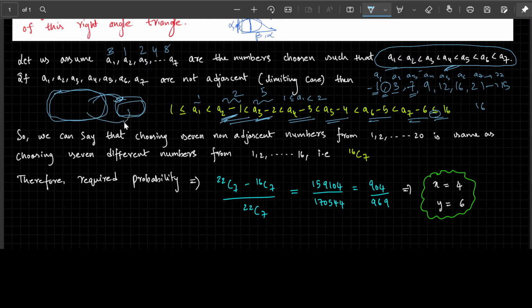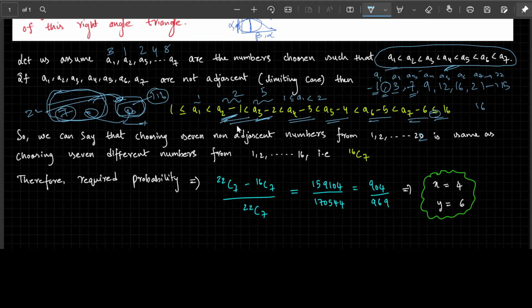The final answer that you'll be obtaining when you do this and when you do this will be the same. Fine, that's how we'll see here. So we can say that choosing 7 non-adjacent numbers from 1, 2, 3, and so on till 22 is the same as choosing 7 different numbers from 1 to 16, that is 16C7, isn't it? Because we have reduced the problem: these are a pile of 22 numbers, these are 16 numbers, fine, and choosing 7 non-adjacent numbers from here is the same as choosing 7 different numbers from here, because we have